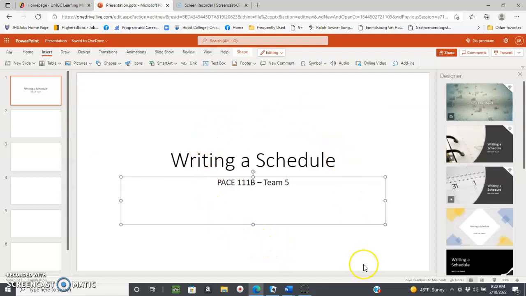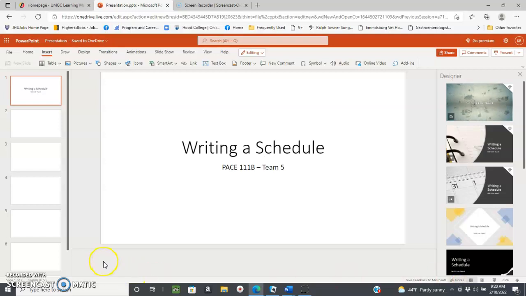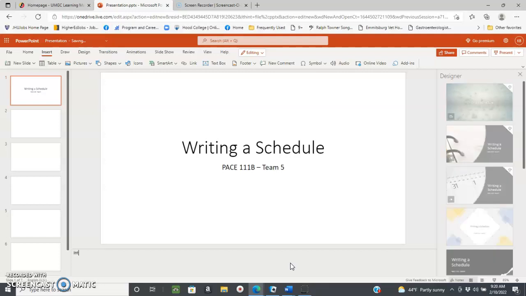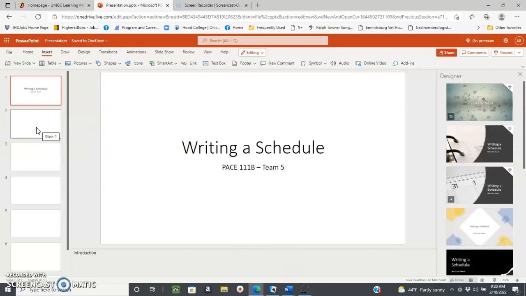Now, to insert notes, you come down here to the bottom beneath where we have the design, and it says Notes. And if I click on the word Notes, it expands this section down here where I can type in notes. For example, this is just an introduction, so I would maybe write introduction. Let's say I'm going to the next slide